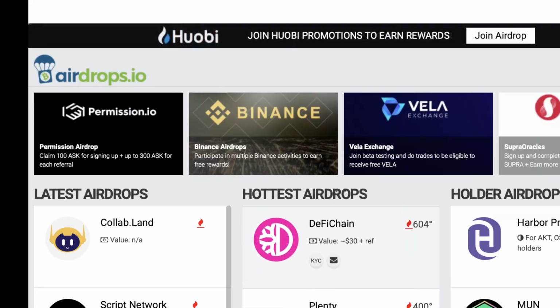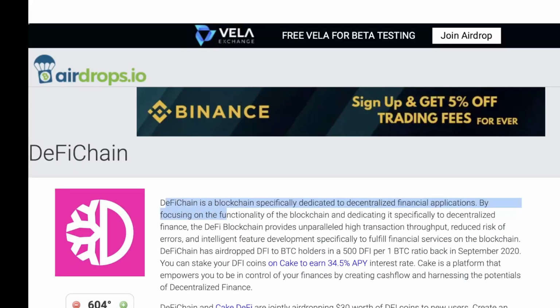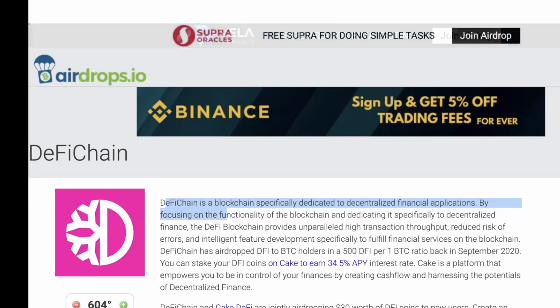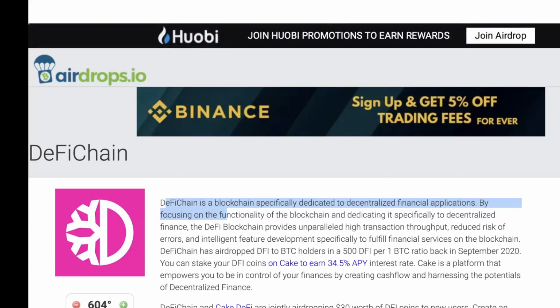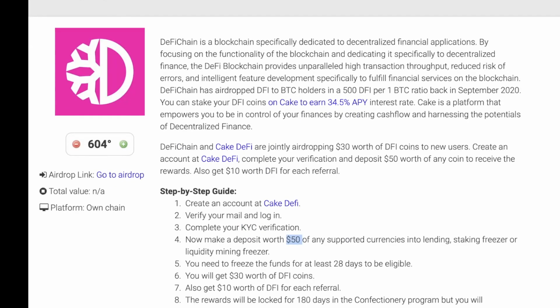So let's look into just one. This one is called the DeFi Chain blockchain. DeFi Chain is a blockchain specifically dedicated to decentralized financial applications, focusing on the functionality of the blockchain and dedicating it specifically to decentralized finance. This looks like an exchange, and what you need to do is create an account on Cake DeFi, verify your mail and your KYC, and you need to put in $50, and you get $30 back, and also $10 for the referrals. So it's actually quite low risk,